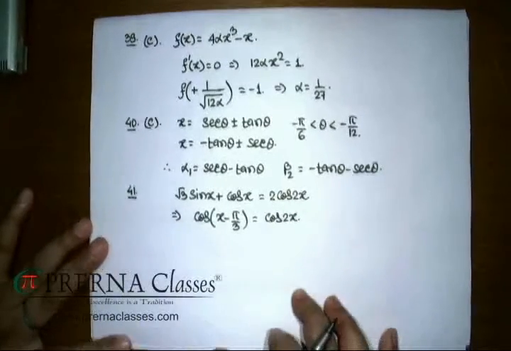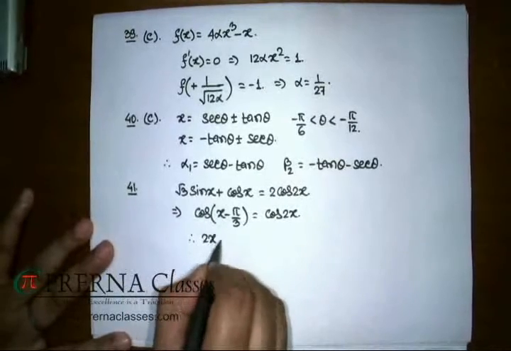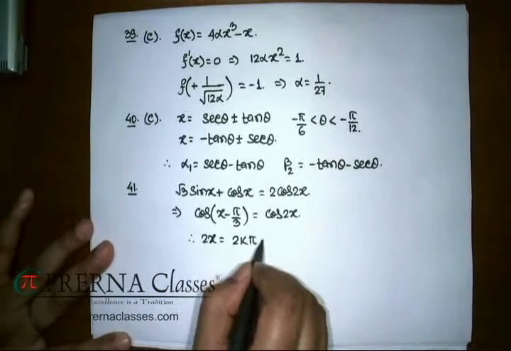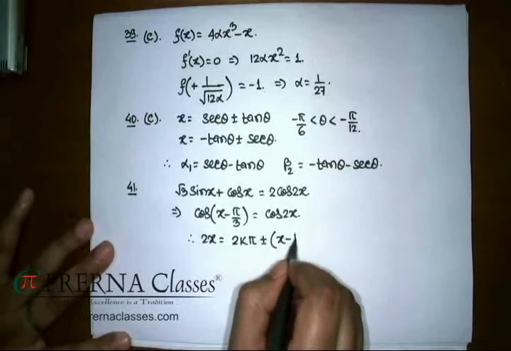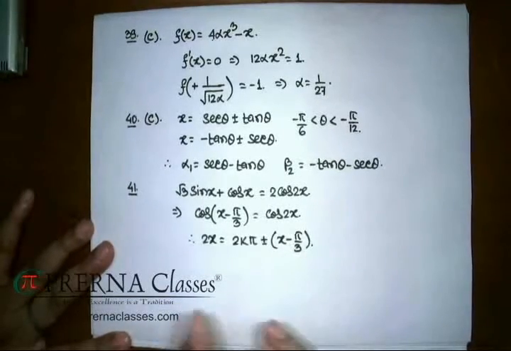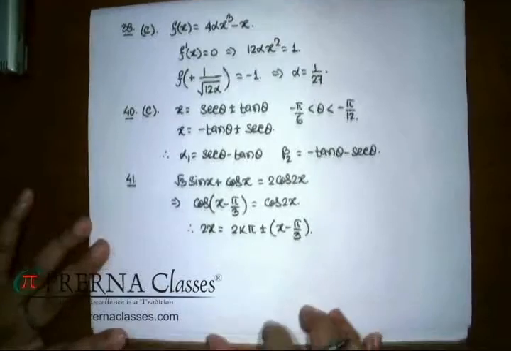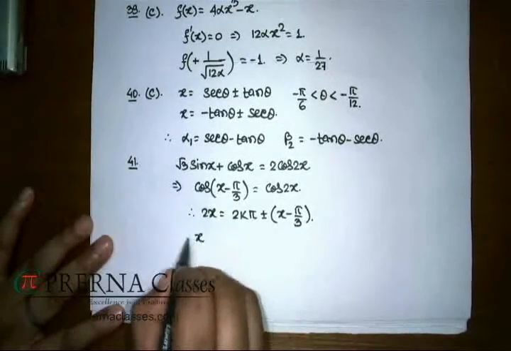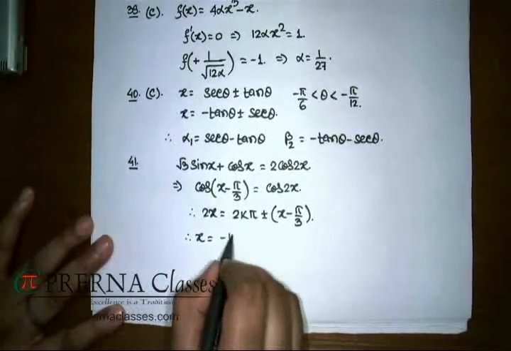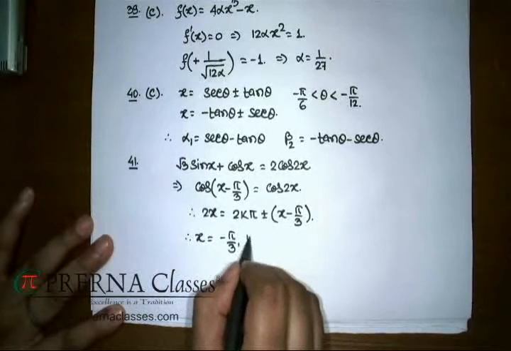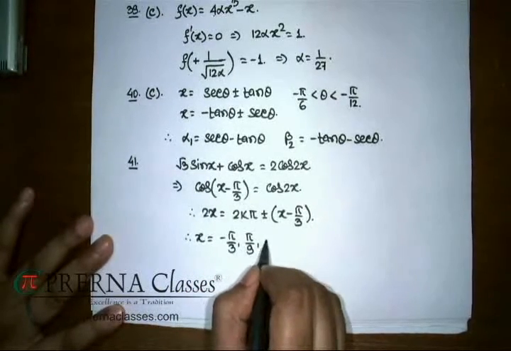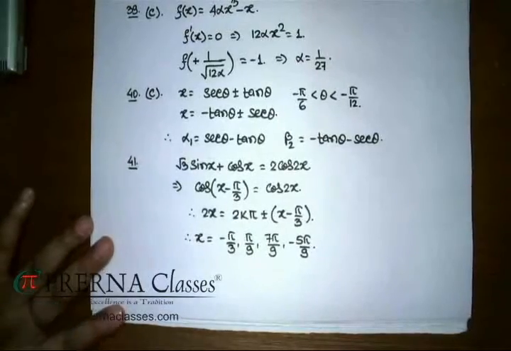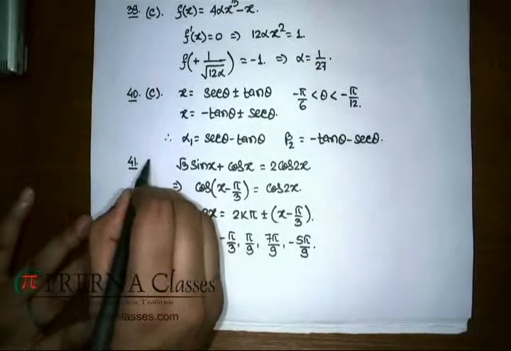General equation would give you the ultimate solution as, assuming that all these solutions are in the interval of minus pi to pi, these are the values which you end up getting. And you have to figure out their net sum, which you can check is clearly 0, which is matching with option C in that problem.